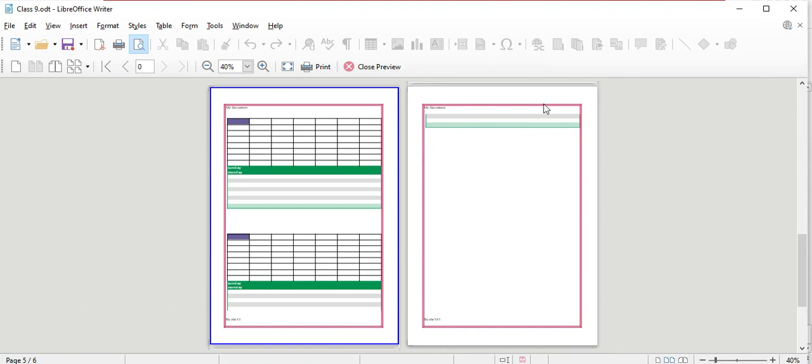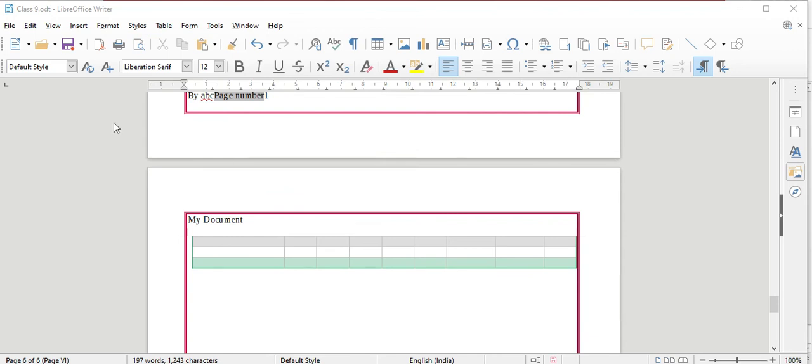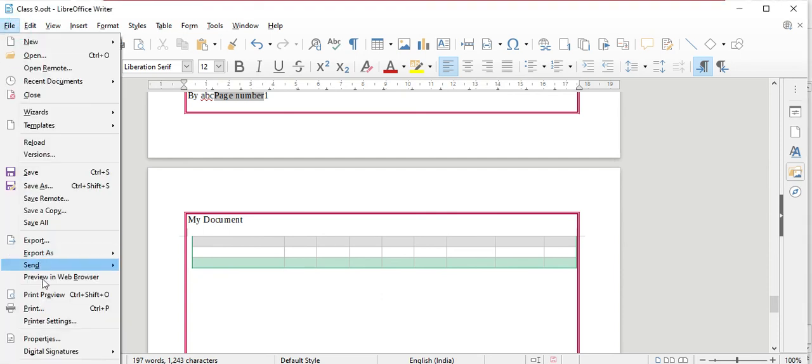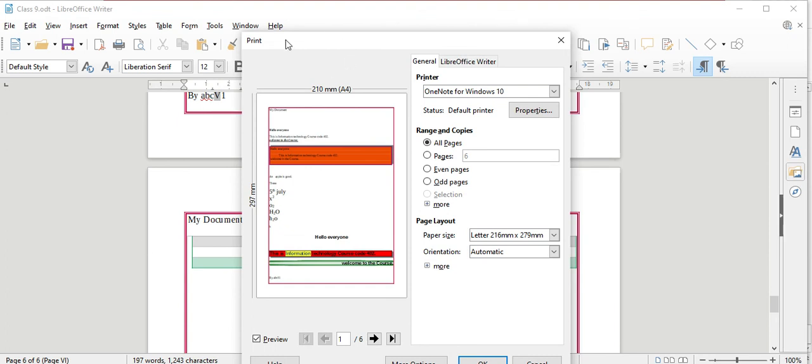This is how your print will look when you are taking the printout. For checking your print page style and page, you can go to File and click on Print. You will see the normal setting.